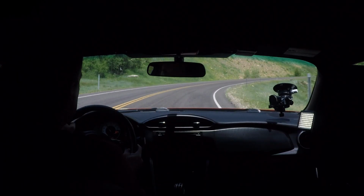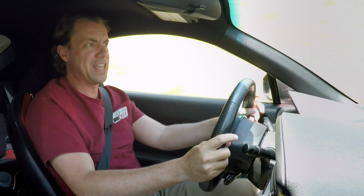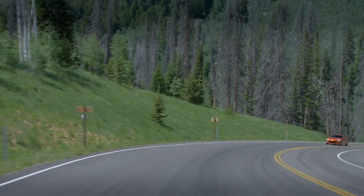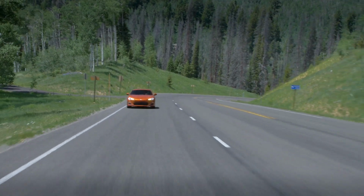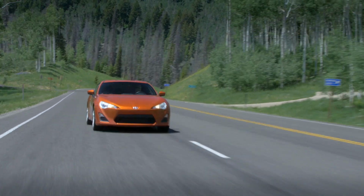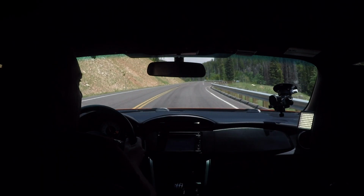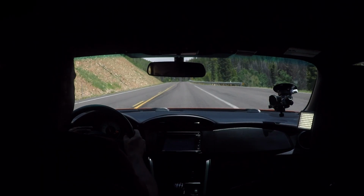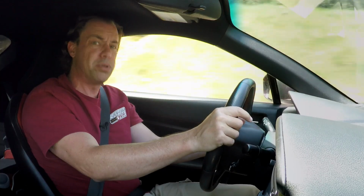I truly believe if it came from the factory with the tunes that are widely available on the aftermarket that kill that torque dip, I think everybody would talk about this car as not a rocket ship, but nobody would complain about it being slow. I like this car so much better, not with a power increase, just with a flattening of the torque curve. Once you get it on a back road where it shines, it's plenty powerful enough, it's plenty fast enough,